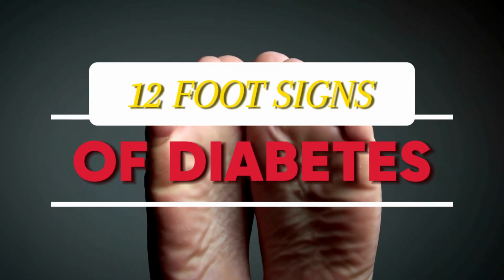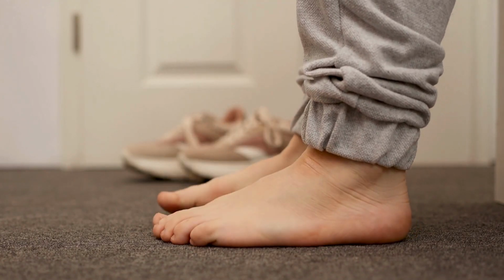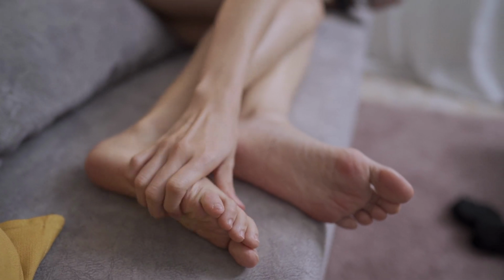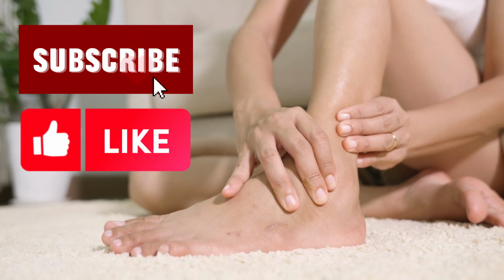12 foot signs of diabetes you shouldn't ignore. Did you know that your feet can provide insights into your overall health, especially regarding diabetes? Imagine if your feet could talk. What would they reveal about your well-being? Whether through subtle sensations or clear physical signs, your feet can provide vital clues about the existence and management of